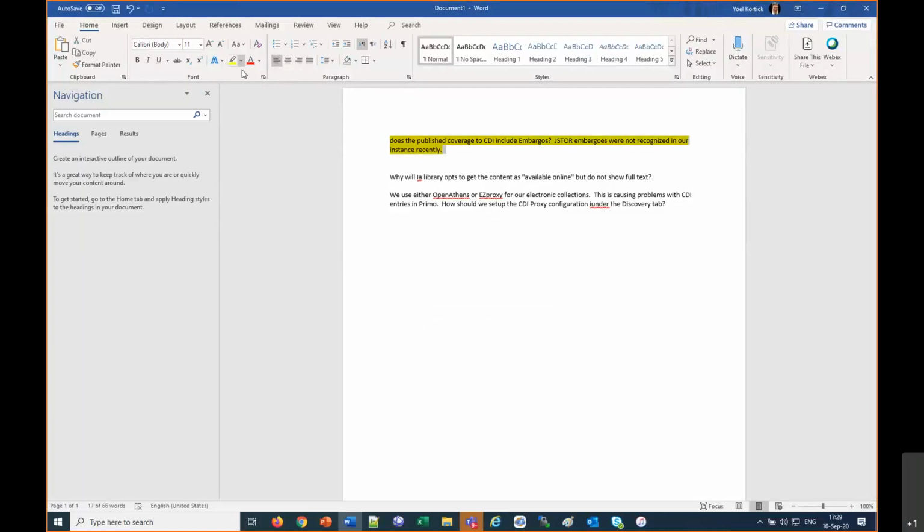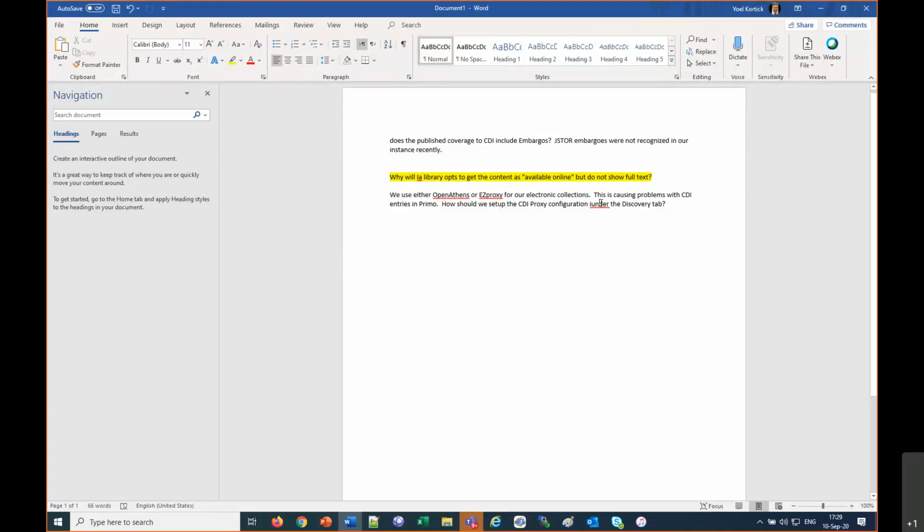Okay, thank you. Next, why will a library opt to get content as available online but not show full text? So I assume that the question is, why would I show it as being available online in CDI and not have it active for full text in Alma?